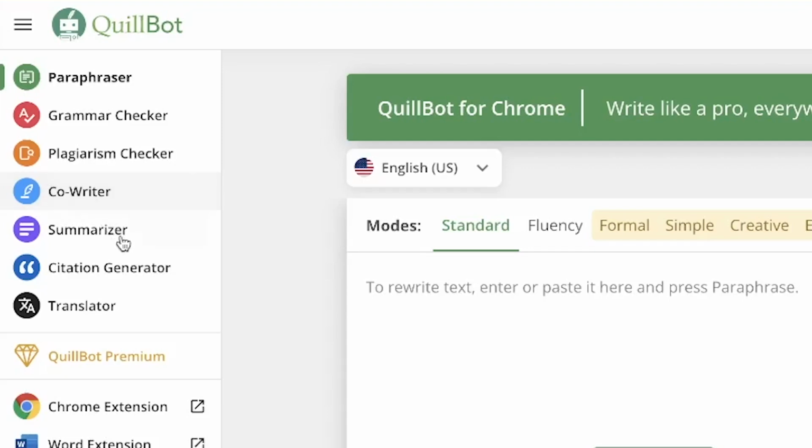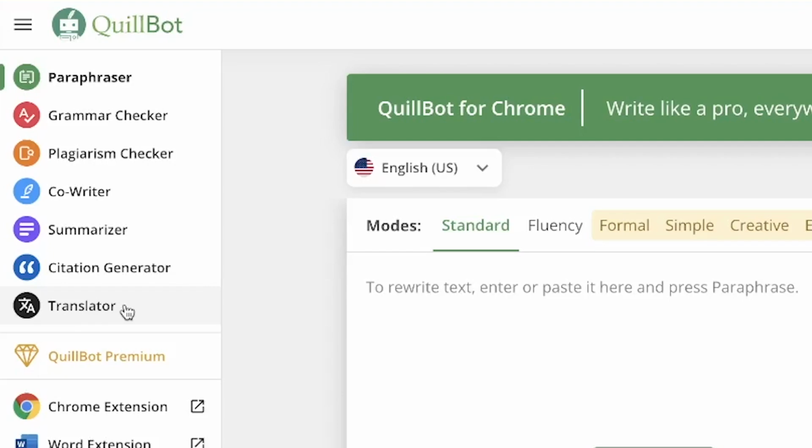You can check out the summarizer, you can check out the citation generator within just links or titles of pages or websites. You could generate citations of different types, different styles, depending on the formats that your school adopts. You also have the option to use the translator feature as well. The translator enables you to translate any kind of text to any language of your choice.